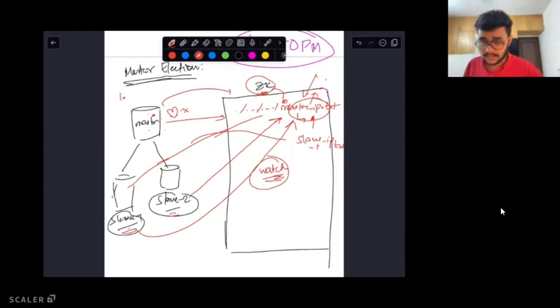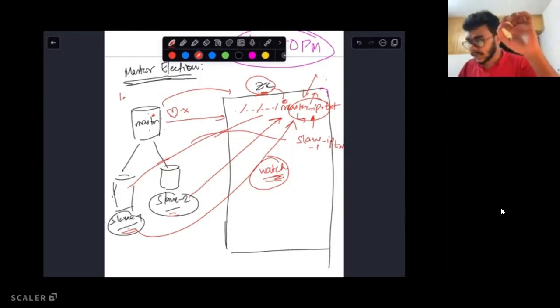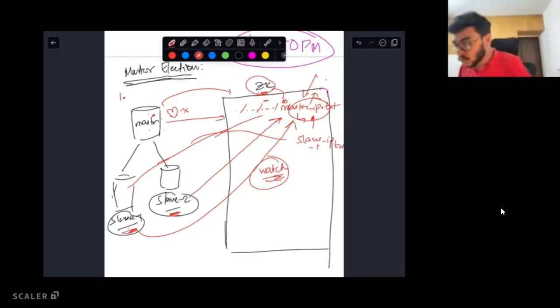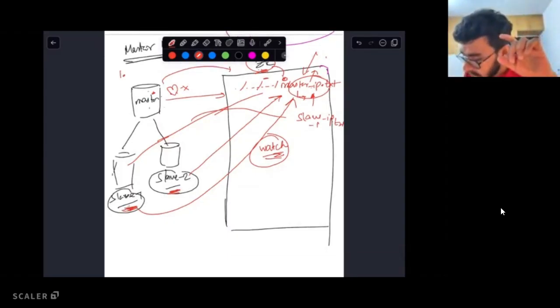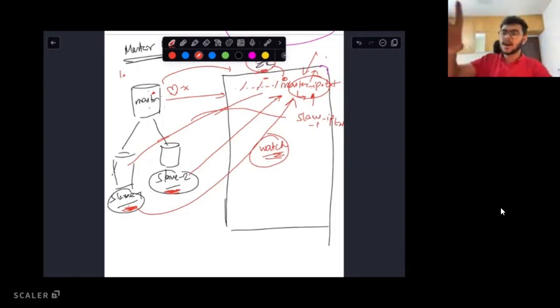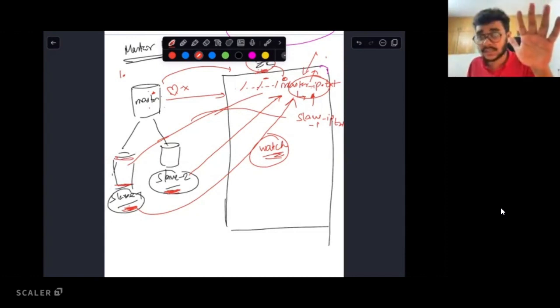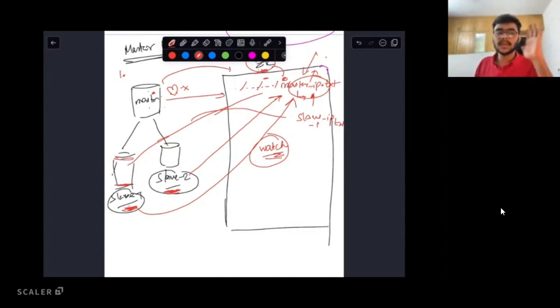Okay, the second thing, someone just mentioned subscribe on changes, right? Awesome. So I hope you've understood that a delete event will be sent by the Zookeeper manager to the Zookeeper client, which is running on, let's say, slave 1 and slave 2. Now the Zookeeper client running on slave 1 and slave 2 will see that the master file has been deleted, and it will tell the database process running on the slave machine that no master now exists for our cluster. Let's conduct a leader election algorithm. Is this point clear to you?